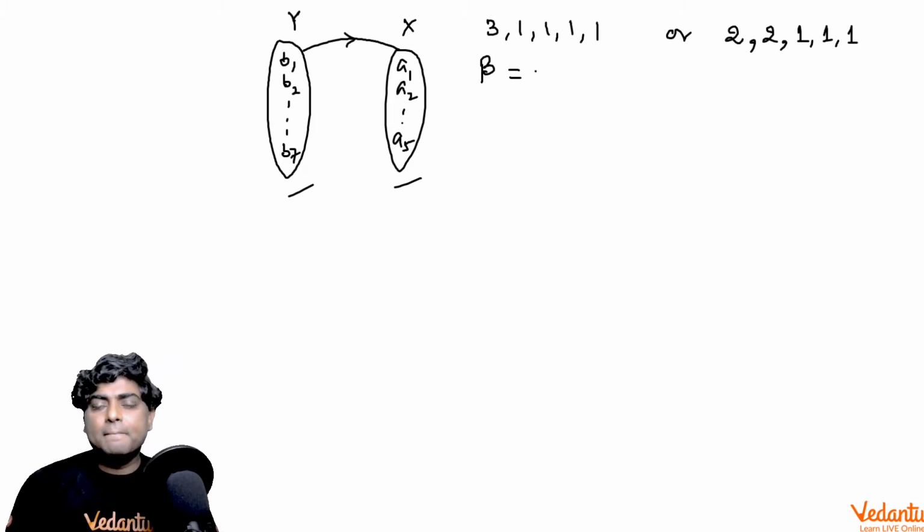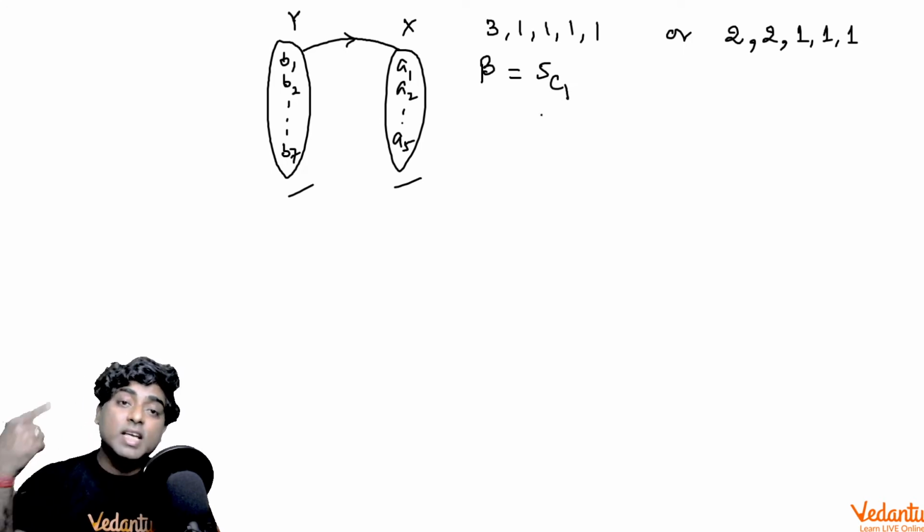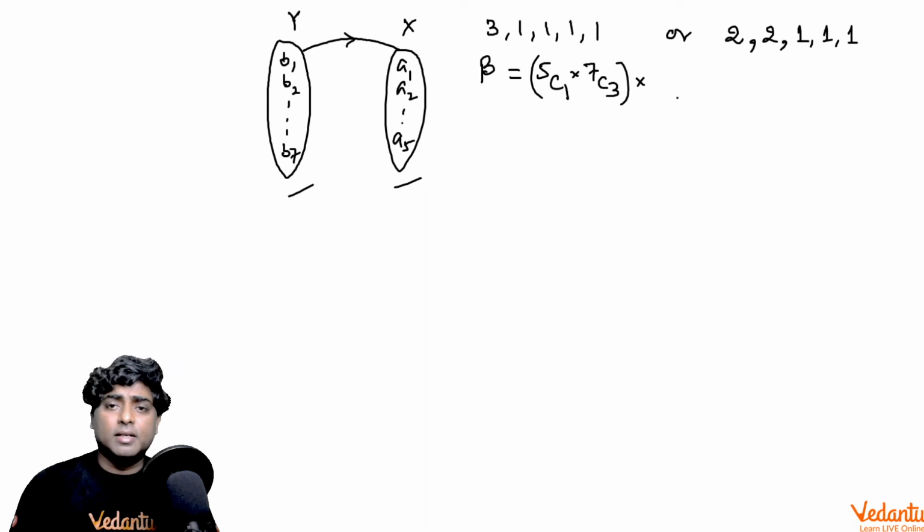It's just nothing but the idea of NCR. So selecting an element of x which is going to be engaged with three elements of y. So what is that element taking three elements of y? That can be selected in 5C1 ways. So I have selected one element of x which is going to be engaged with three elements of y. You can select in 7C3 ways. So one element done, and remaining four elements of x with four elements of y as 4 factorial, right?